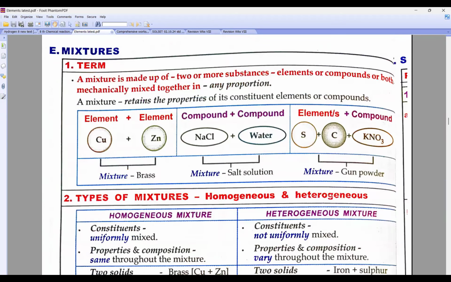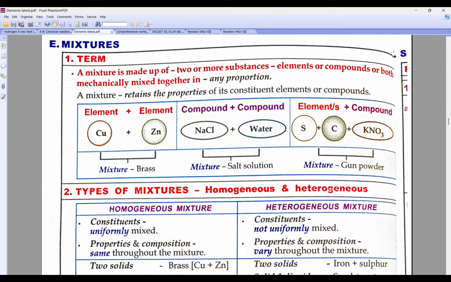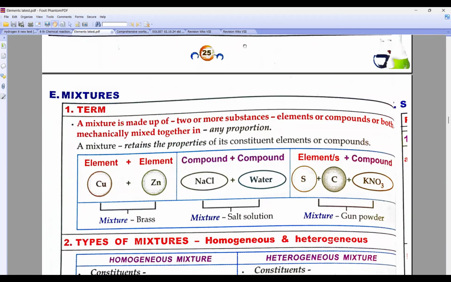Now, mixtures. Okay, mixture means what? When two or more substances are mixed mechanically in any proportion, then it is a mixture. नमक लो और पानी लो, पानी में आप 1 चम्मच नमक भी डाल सकते हो, 10 चम्मच नमक भी डाल सकते हो कि नहीं, right? When you prepare bhel, if you want more sev, more chana, more chutney, you can add or not. Tell me, in any proportion. Somebody likes tikha, somebody likes mitha, so more mitha chutney and all.